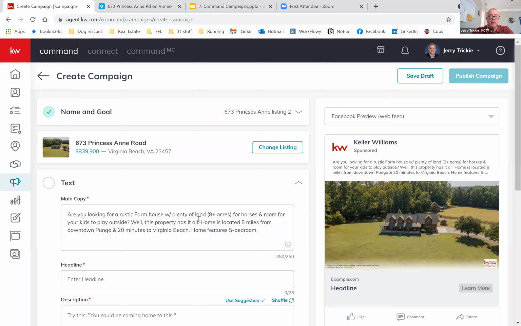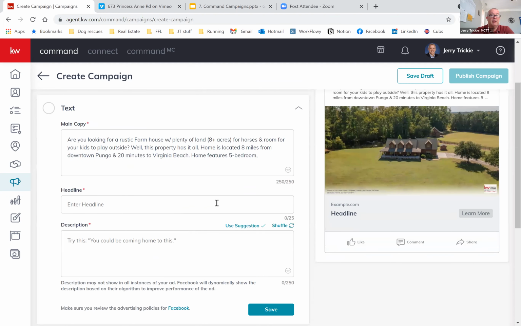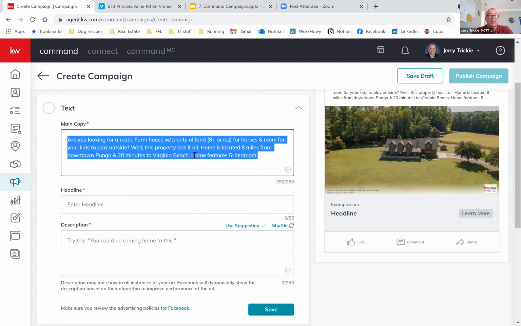Okay, so now as far as once we get in here and we're ready to get this set up, what I would do is if you need to change the listing, you can do it here, but I normally start here in the text area. Okay, and this is just going to automatically draw in the